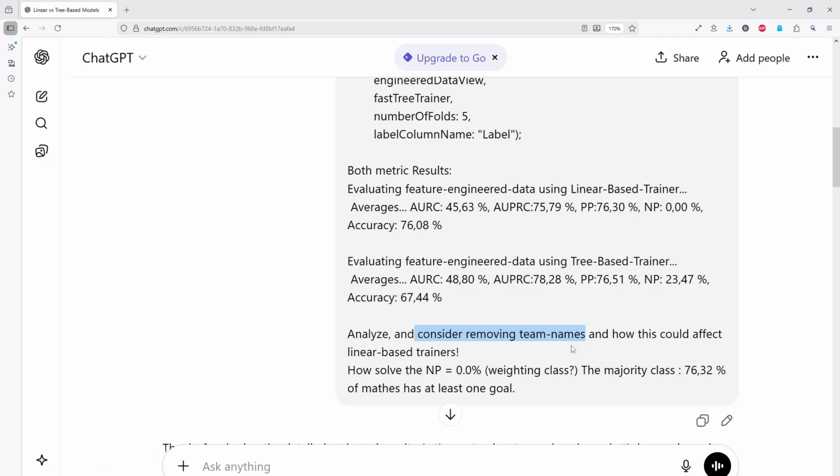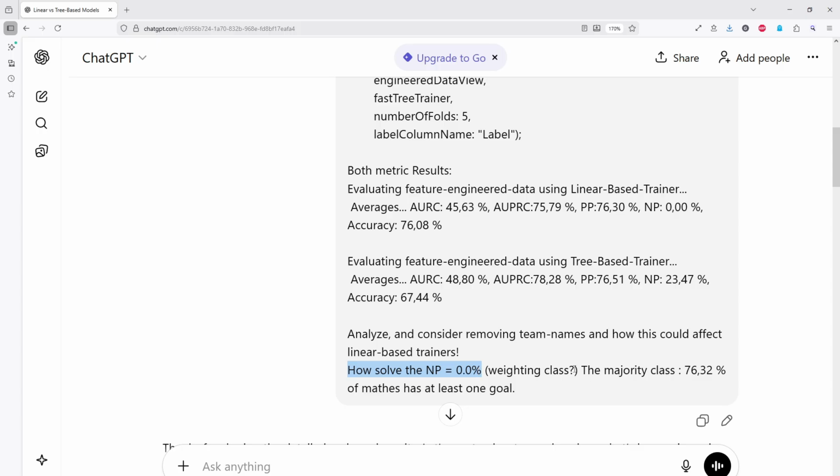Yes, you read it correctly. I would experiment with removing team names, but keeping only the derived feature from the odds. And I ask also how to solve the negative precision problem of 0%